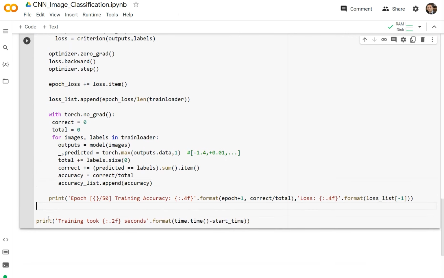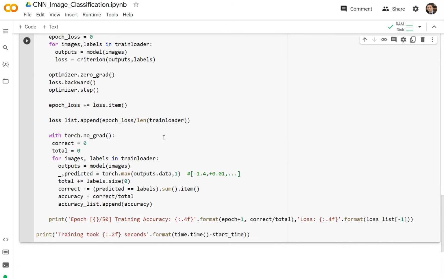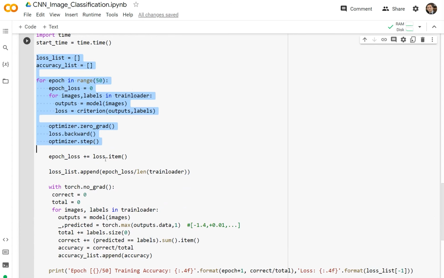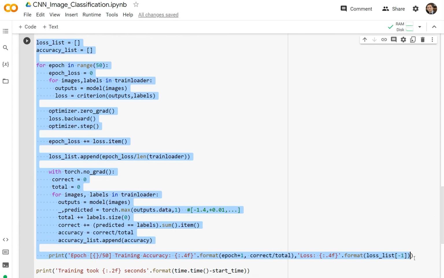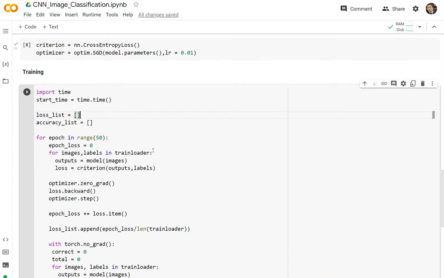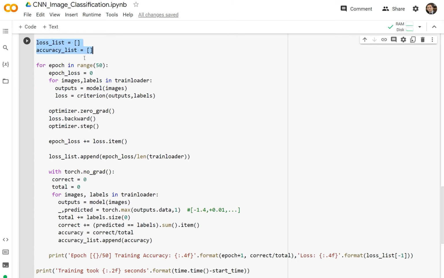So let's review what we have done. We added the timing, and printing out the time at the end, and in between we added the exact same process of what we have done for training of the artificial neural network. Let's review it line by line. We don't go through the details, but let's review that quickly. So we created two empty lists in order to append the loss and accuracy during the training process into these lists, and then we have